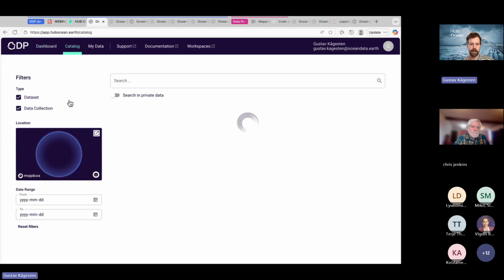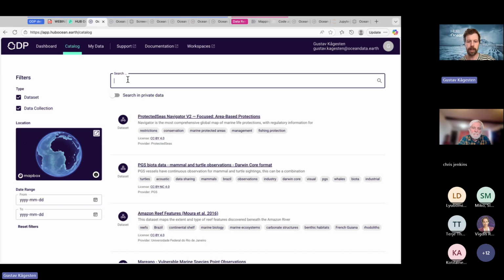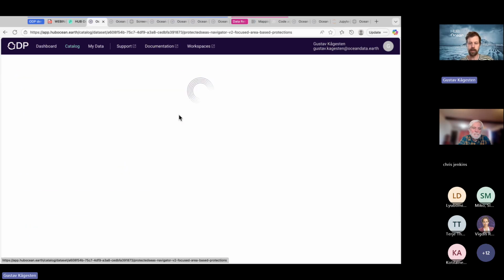Okay, let's have a go at the catalog. We are continuously updating the technology, but the core of it is a very fast API to make large geospatial data available and searchable, and you can also do some direct actions on the data here in the catalog. You can do a spatial search. If you go into the map and select your area, you can do a thematic search, and of course the combination of them.